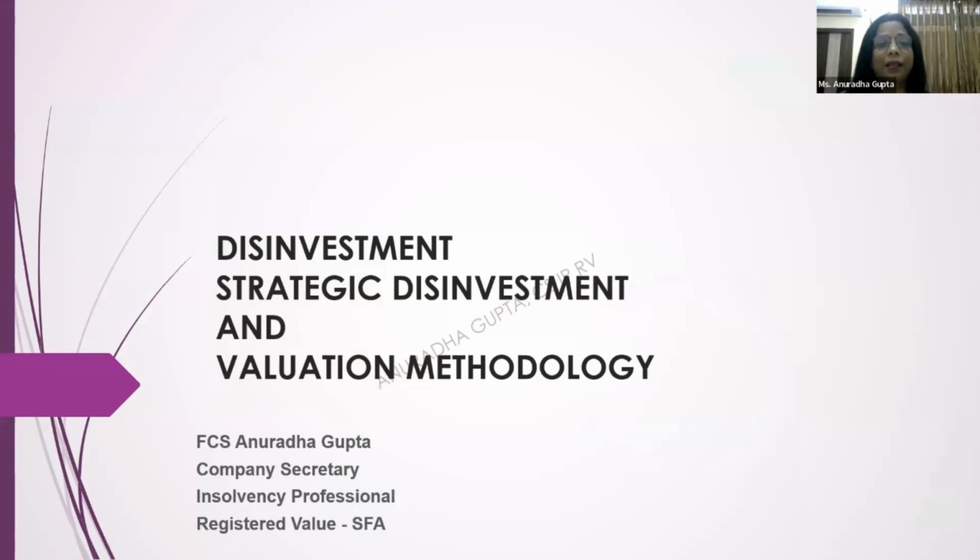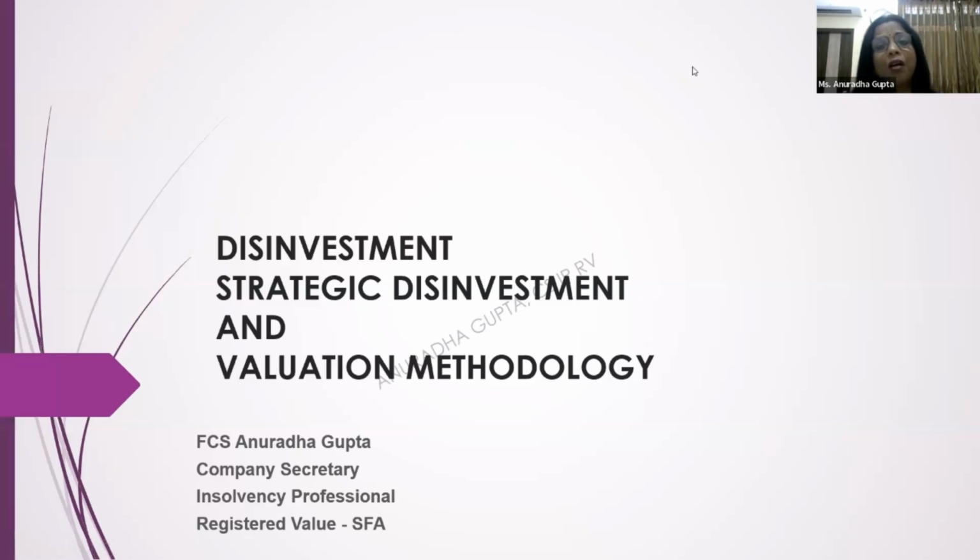And in the last, but obviously the most important part, what are the valuation methodologies that have been prescribed by the government in order to take up the valuation related to government companies which are in the process of disinvestment. So that will be the flow chart, how we will be covering the different topics, right? And it is very necessary to proceed in this particular flow chart only because I presume that you are not having exposure to disinvestment. I may be wrong because many of you might already be involved in that process. So by starting from scratch, it will help those persons who do not have much idea.